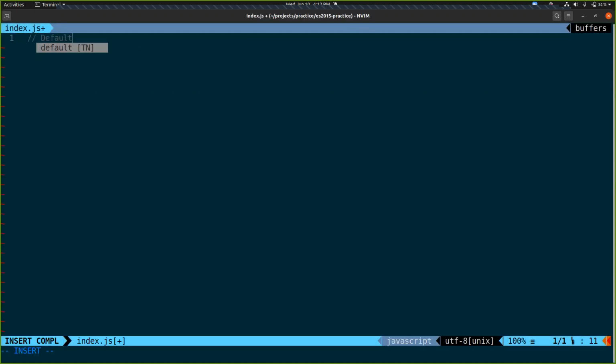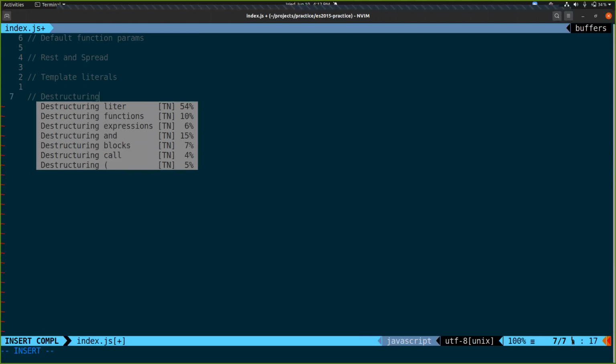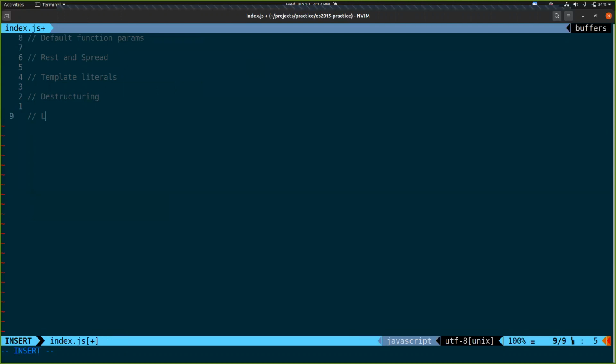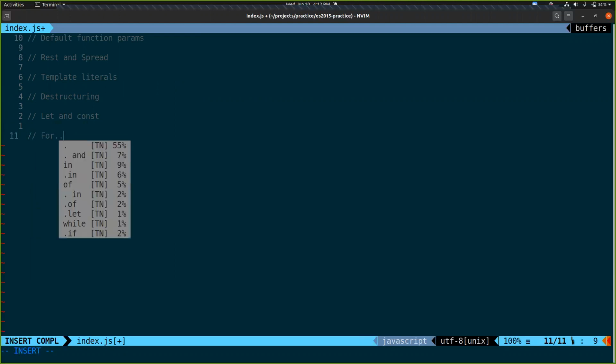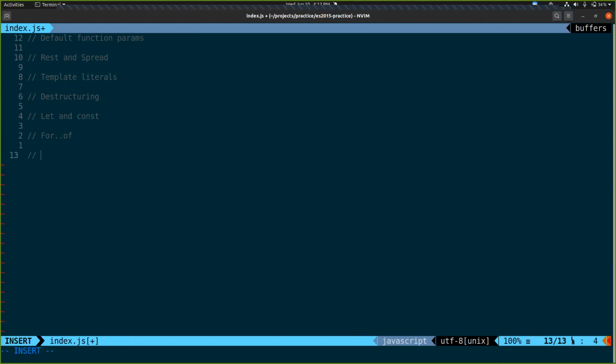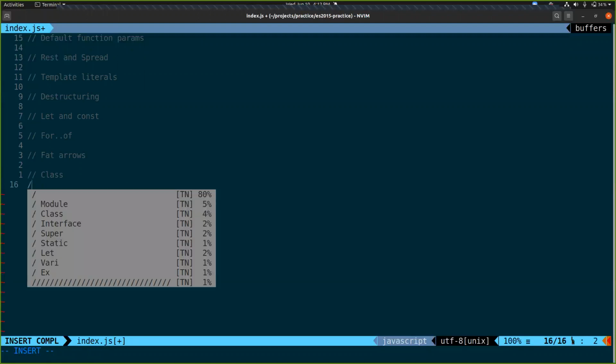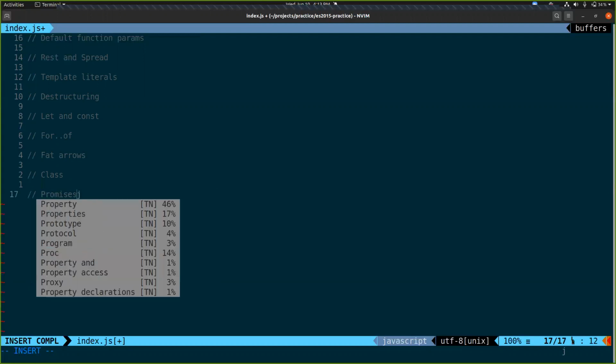We've got default function params, rest and spread, template literals, destructuring, let and const, for of, fat arrows, class keyword, and promises.